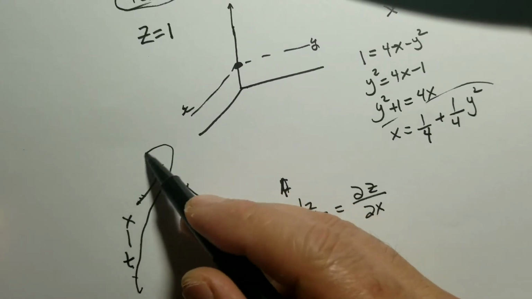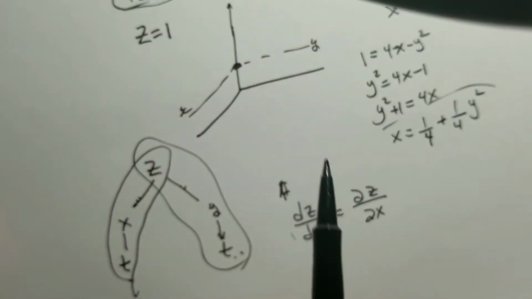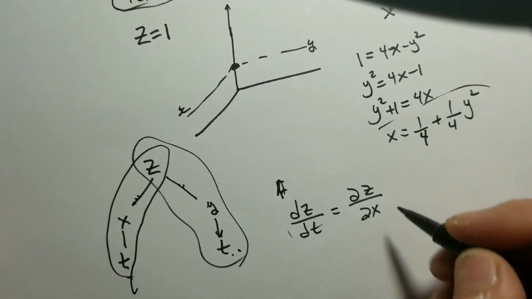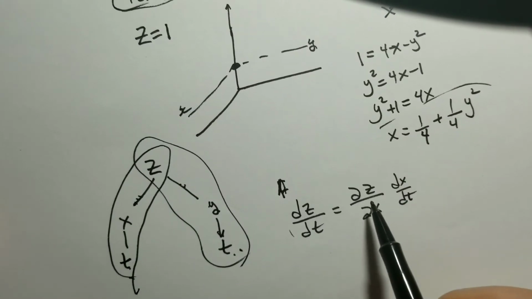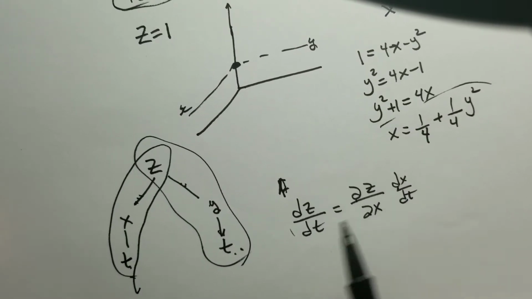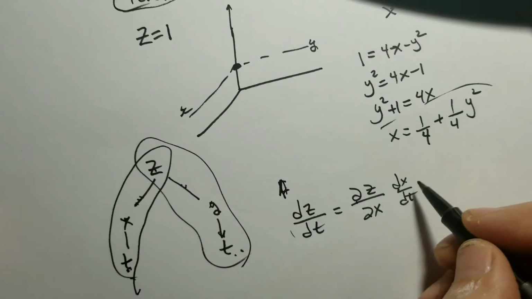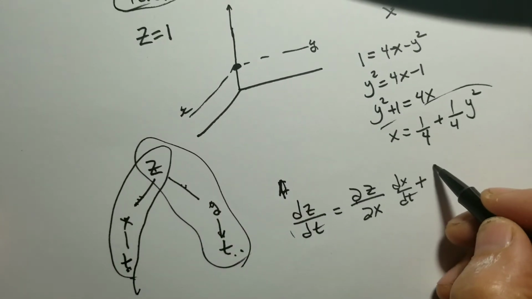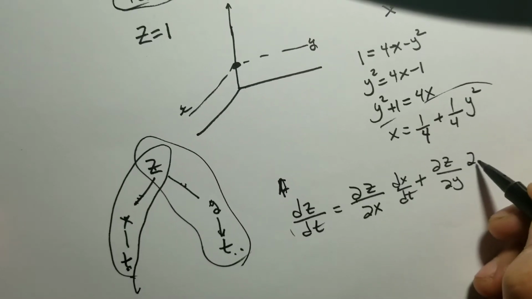From t to z, you're going to have two paths right here. One goes through x, one goes through y. This is dx dt. And if somebody says, why here you use partial and here you use ordinary, because that's a single variable and this one is multivariate. Plus the partial derivative of z with respect to y,